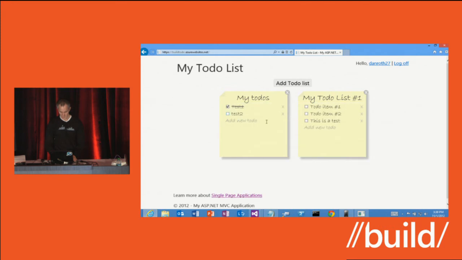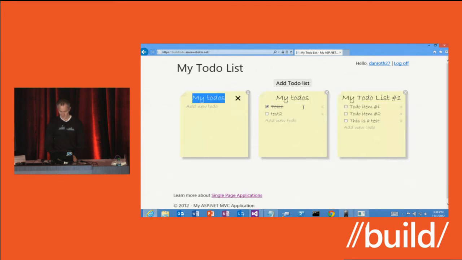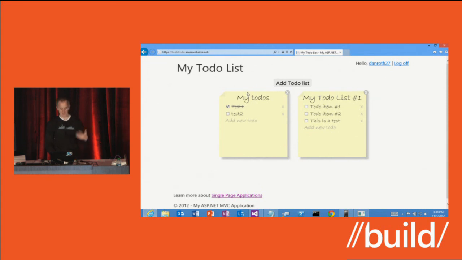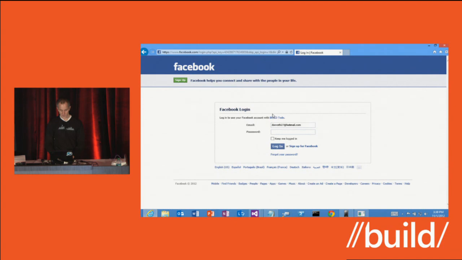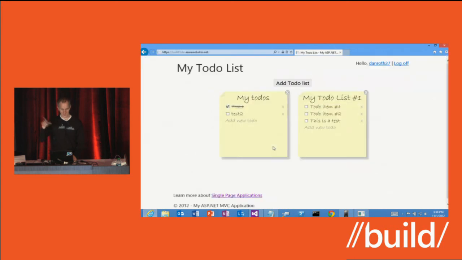Okay? And I've got some pretty UI here. If I click things, I can add a new to-do list and it expands, and that also closes. That's all the rich client in the browser experience. This supports the third-party auth provider logins that we've shipped with MVC4. So if I, instead of logging in with forms auth, if I want to log in with my Facebook account, this bounced me over to Facebook, and it bounces me back, and that's all done using OAuth 2. So again, I had an account associated with my Facebook account. So that's all nice. So great. This is one client. It's a browser client hitting a back-end web API.